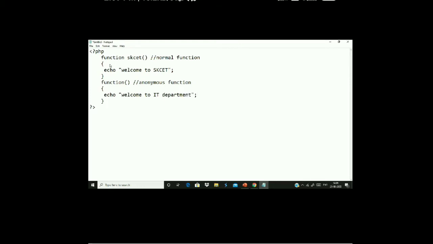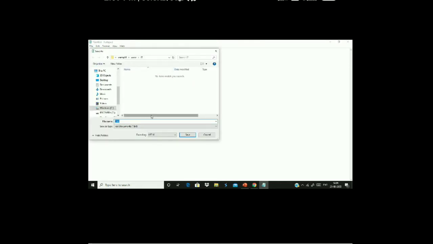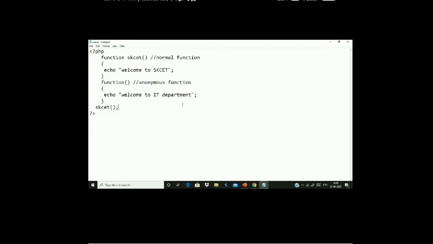So I have two statements: one written in a normal function and another in an anonymous function. I call the normal function by its name, SKCET. If I run this from top to bottom, whenever there is a function call, it will run. I name the file anony.php.